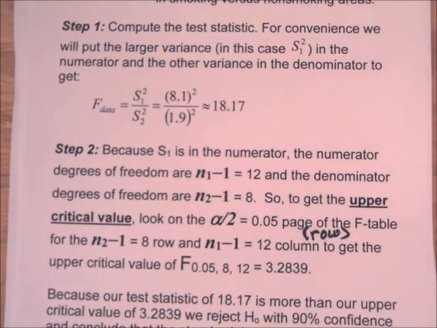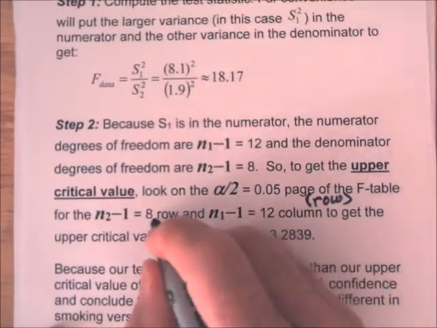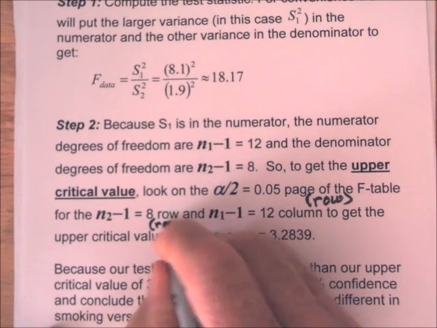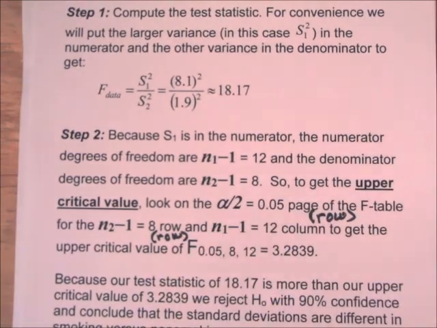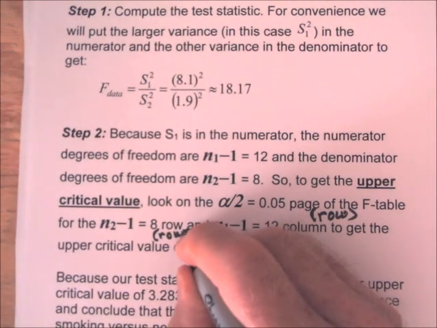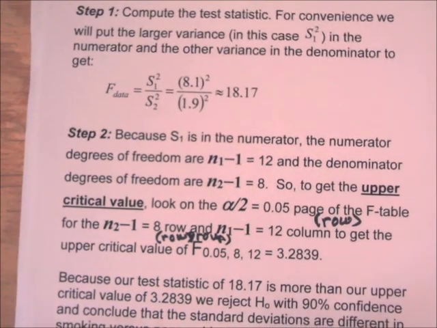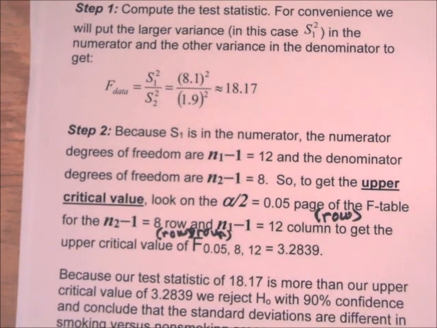It might be the 0.05 row group instead of a row there, and the column 12 to get the upper critical value of